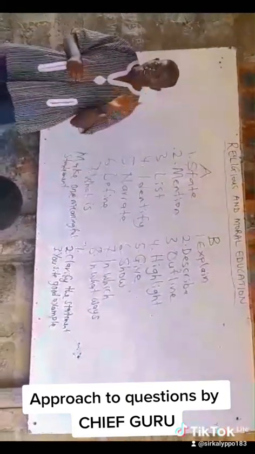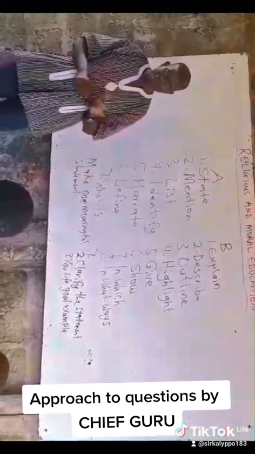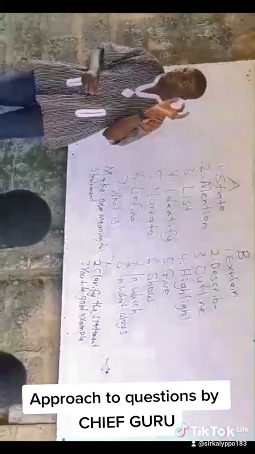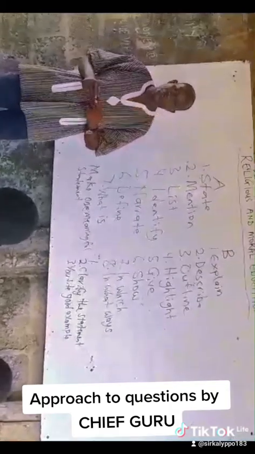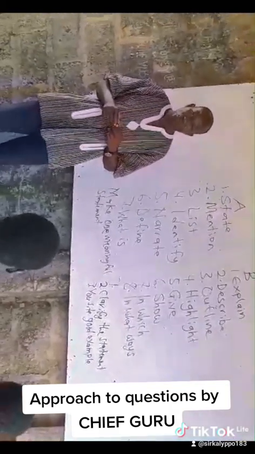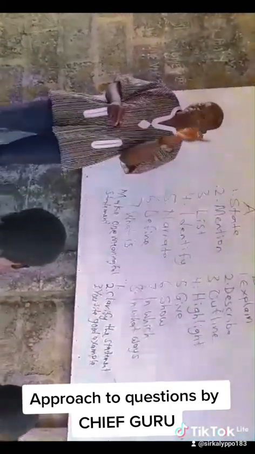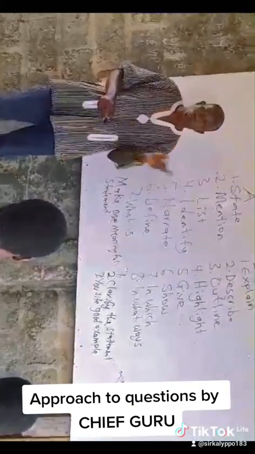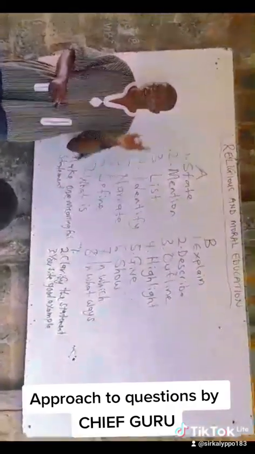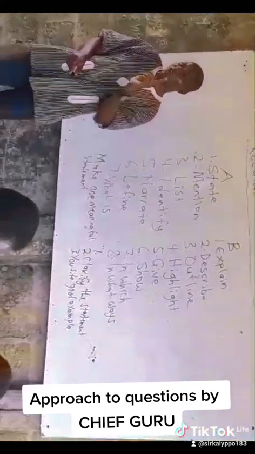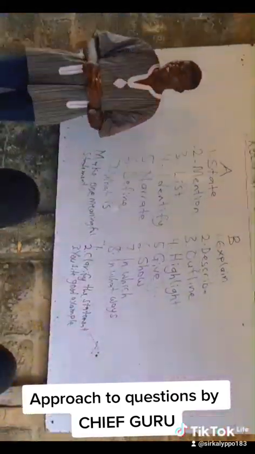Now, in RME, about 95% of our questions are A and B. So we see 1A, 1B, 2A, 2B, 3A, 3B, 4A, 4B. Maybe you have only one question out of the 8 having maybe